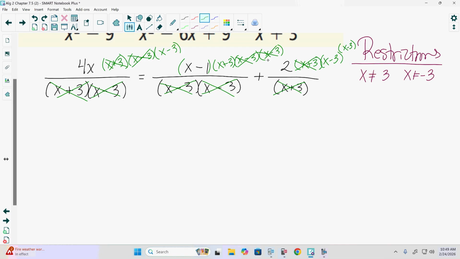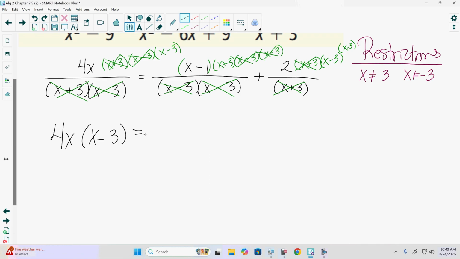All right, guys. Questions on this so far? So this time we needed x plus 3, x minus 3, and x minus 3. We needed it twice because it showed up twice in one of the denominators. So sometimes it is helpful to do it one term at a time to make sure everything simplifies out and we don't have too many terms. And what we're left with,